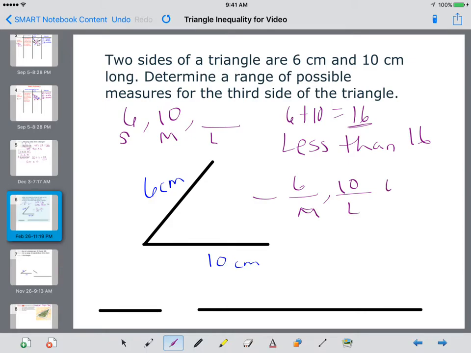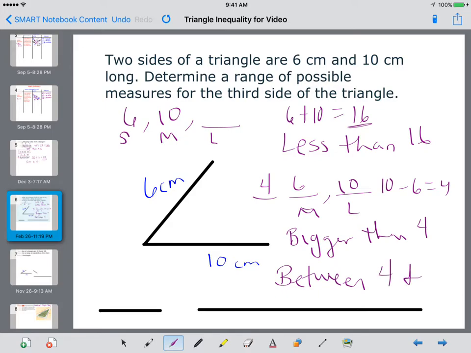Let's subtract 10 minus 6 to give us 4. So meaning if we had 4, 6, and 10, this would not form a triangle, but anything bigger than 4 would work. So altogether, it's any number between